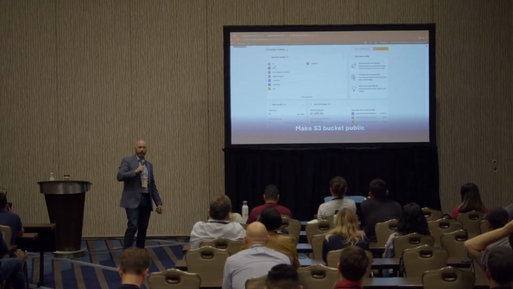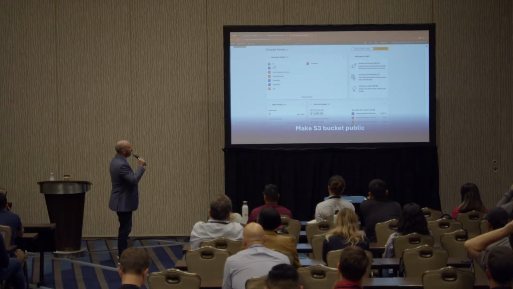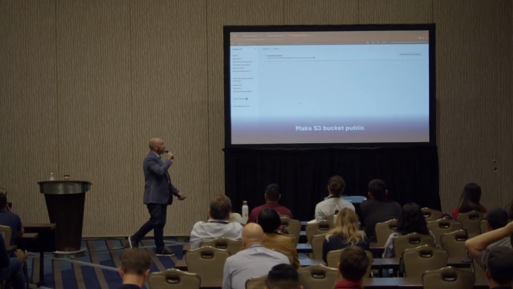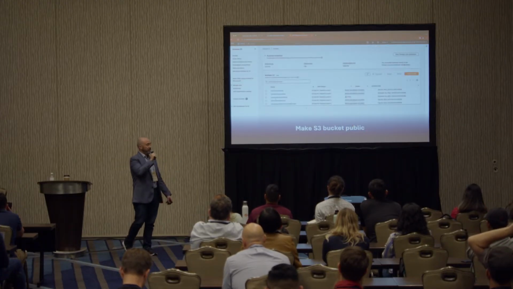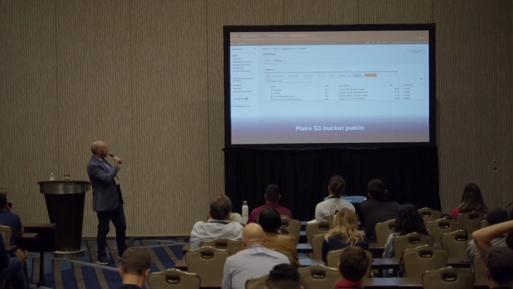I want that data. So I've logged into AWS as Jerome via David. And I want to make one of these S3 buckets public. This is how easy this is. So this is the AWS console. I log in. You can see there's my S3 buckets, and I'm going to select one of them, and I'm going to go to the policy.